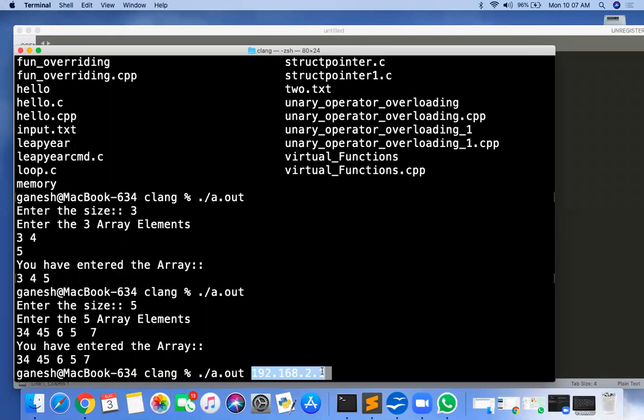So when you are running your program, and if you want to give some input to your program, then you can do that with the help of the command line argument. This is known as a command line argument. We have seen the function argument. You are providing the input to the function, and that is known as function arguments. And what is a command line argument? While running your program through the command prompt, if you are giving some input to your program, then that is called a command line argument. So here, how many arguments are you giving? Only one argument.